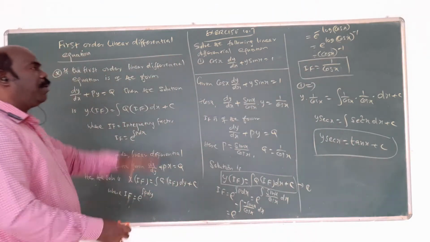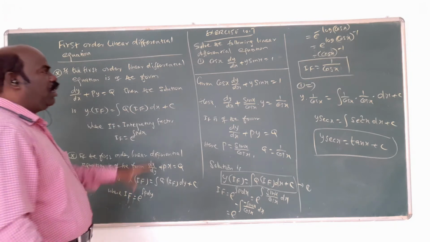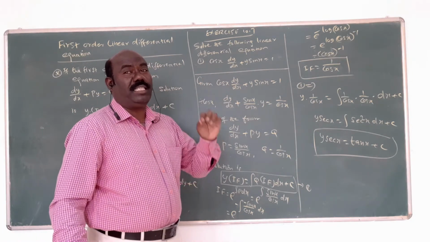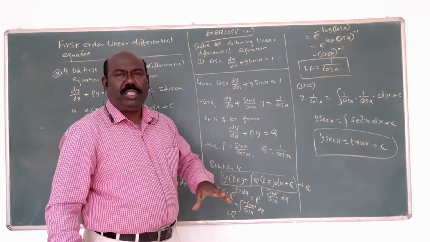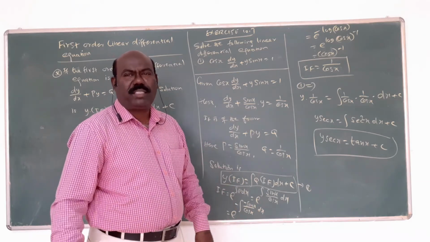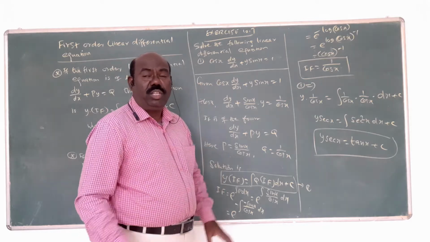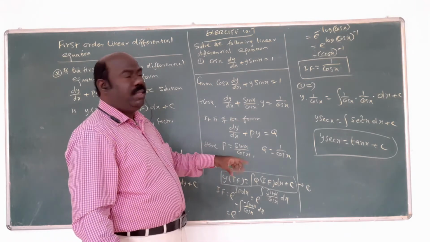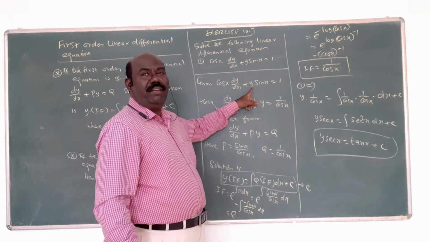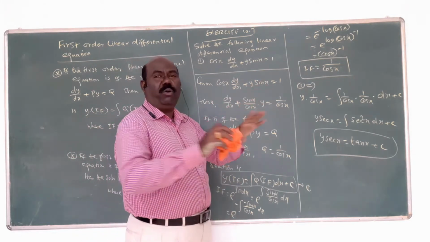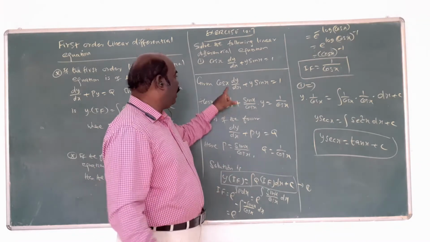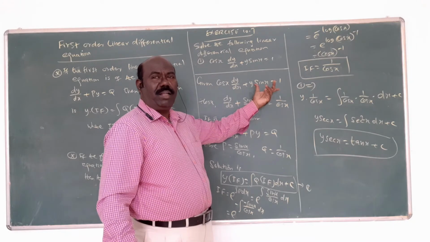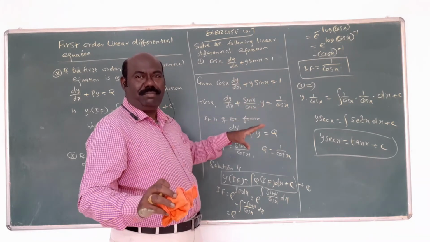In all the problems, you guess the method. Questions are always solved using the variable separable method, homogeneous function, or linear equation. You have to identify. But a linear equation is of the form where only one middle term has y; in the other terms, no y is involved. The three terms are there: 1, 2, 3. In the middle term y into something will come. The something is always in terms of x.